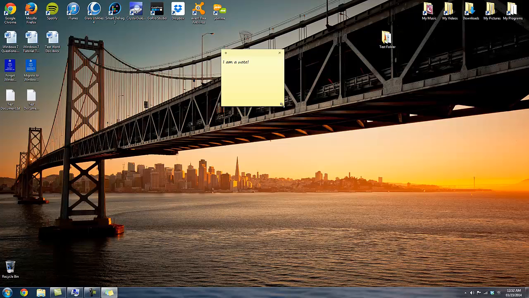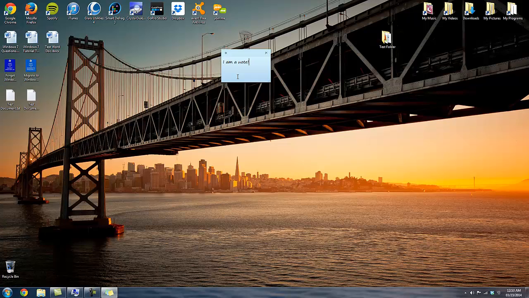And once you've written a note, it will stay on your desktop until you click this X. And you can resize the note however you like. And you can also change the color of the note by right-clicking here, and you can change the color. So even if you reset your computer, restart, shut down, when you come back, the sticky note should still be